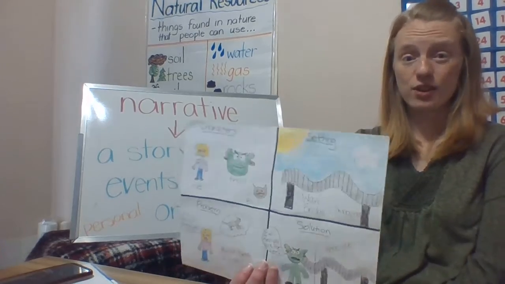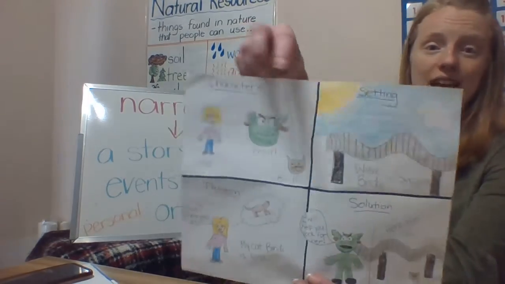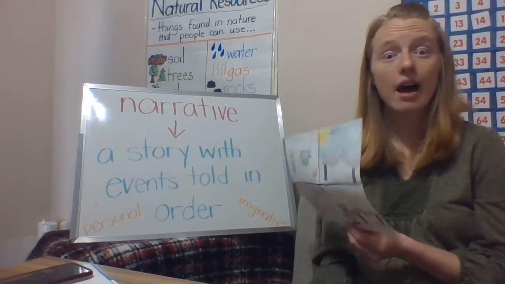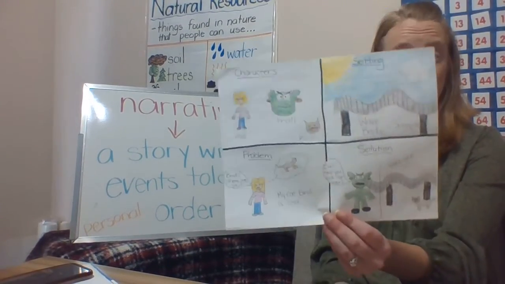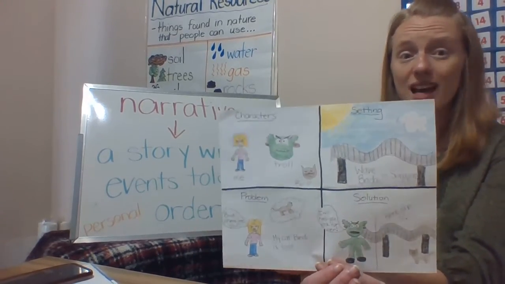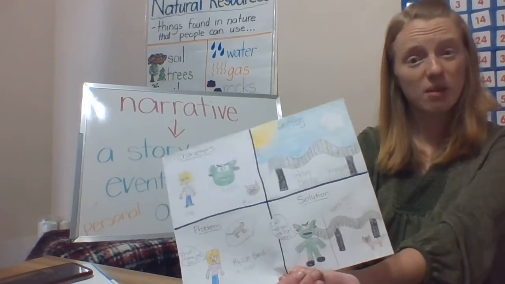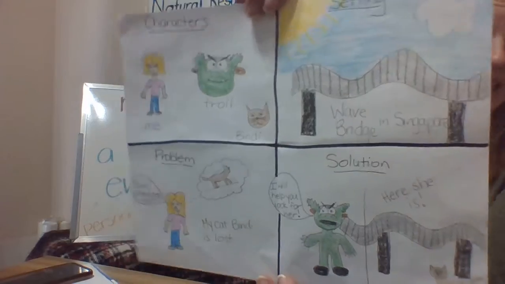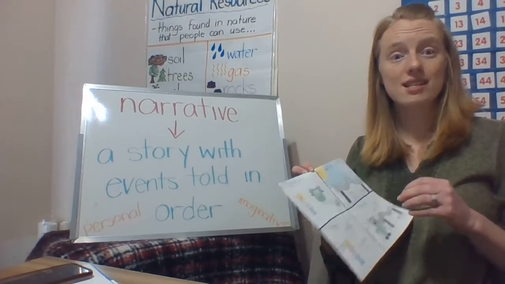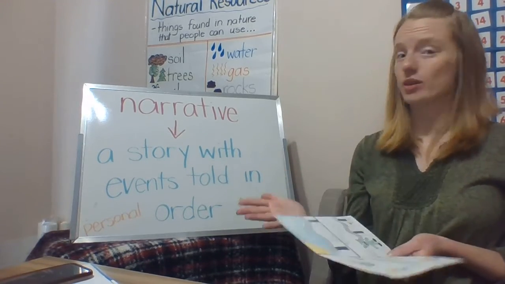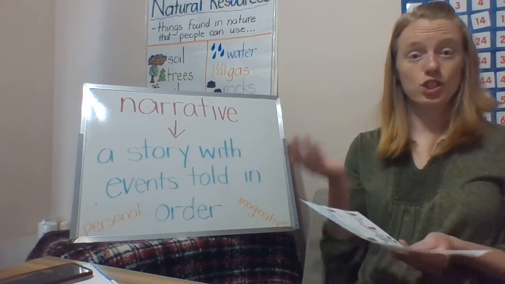So your activity for today, after you have finished filling out your chart, we're actually not going to do any writing with this story. I know. You just practiced building your characters, your setting, and your problem and your solution. That's the first part of being an author, is thinking about what your story is going to be about. After you have finished filling in your paper, I want you to take a picture of it and put it on Seesaw. Then you're going to use your microphone to tell me your story. We're not going to write anything. You are just going to tell me.